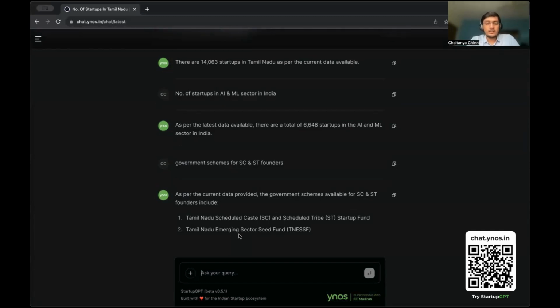I could even ask a bit deeper about a particular fund. So let's say the Startup India Seed Fund scheme. It is a very popular one. I could ask it for details about the Startup India Seed Fund scheme.